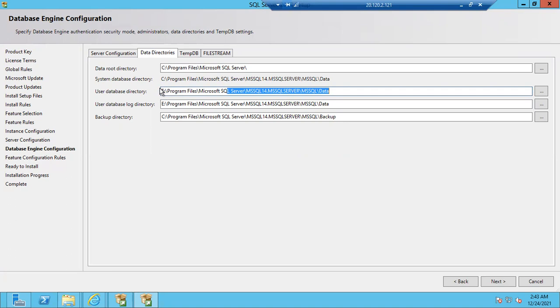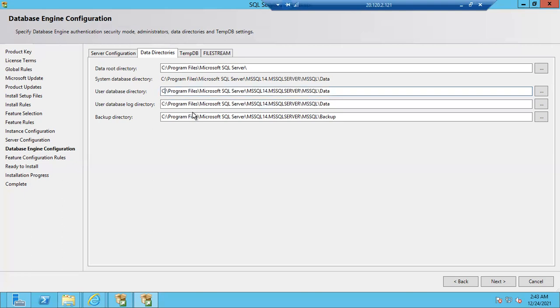If you don't have the drive, you will get the error: there is no such drive. Okay. If you have the drive, automatically these are the folders, guys. These folders will be created during installation. Nothing to worry. No need to create any folder from your side. Okay. So let me change it back to C drive.